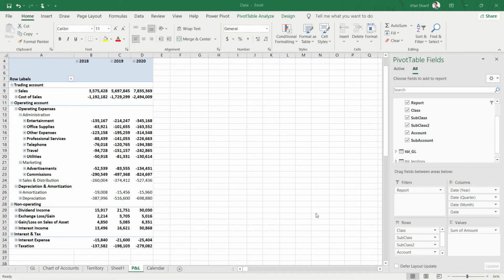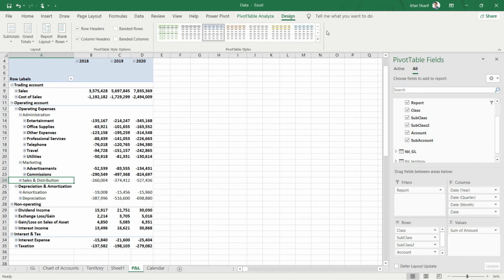Now in the P&L, usually we also present the values of gross profit and net profit and operating profit. So let us do that, and there is a little limited option available here, but we can do that to some extent. So first of all, let us go to this design tab here, and one thing that you can do is you can add subtotals and grand totals. Now first of all, let us talk about grand totals.